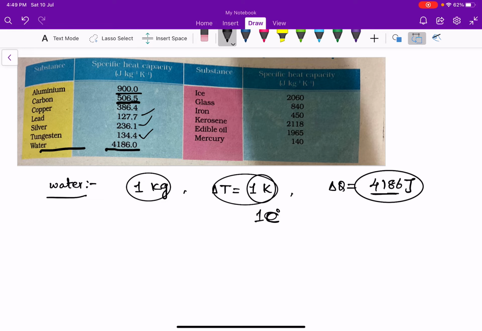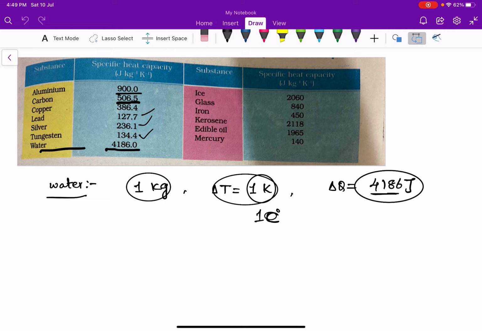That's why the land will be heated up quickly compared to water, because the specific heat capacity of land is less. So desert areas will be heated up very quickly compared to water, and they lose the heat energy and drop in temperature very quickly, so that at night they feel very cold in desert areas.